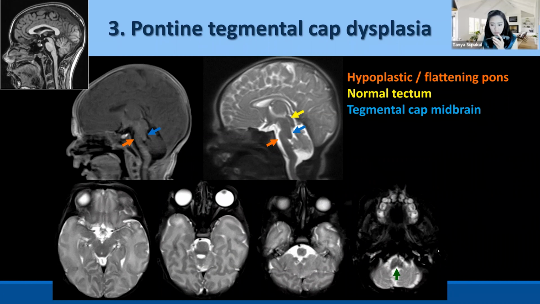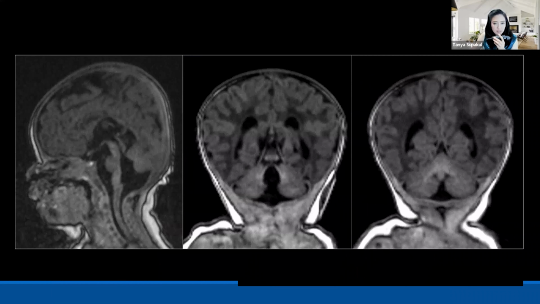When you look closely at the lower aspect of the medulla, you can see the dorsal cleft of the lower pons and also the short cerebellar peduncle. So I think on the sagittal T1, for the abnormal findings of the midbrain, pons and medulla, we can see things better on the sagittal than on the axial image. This is another patient.